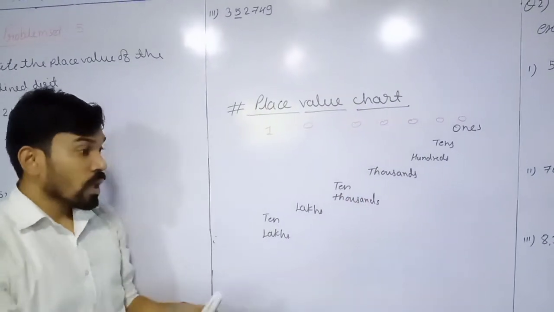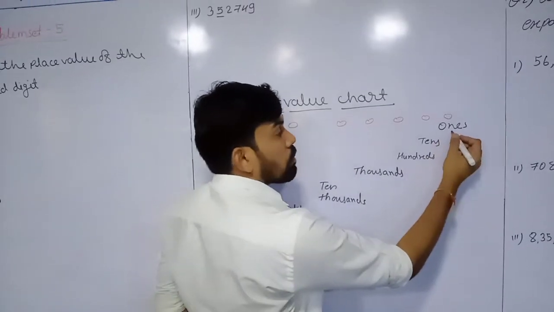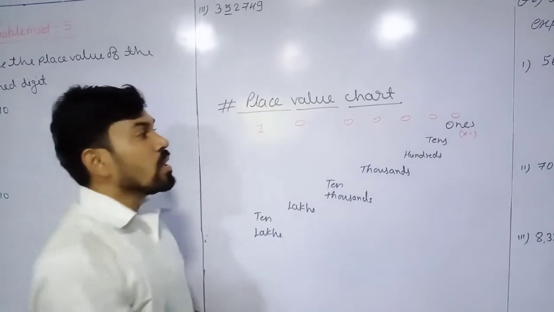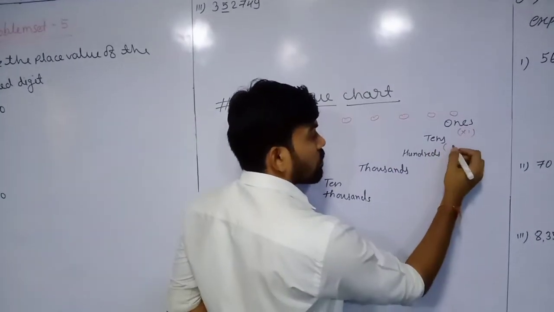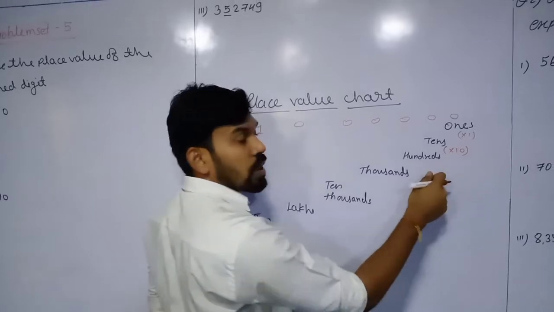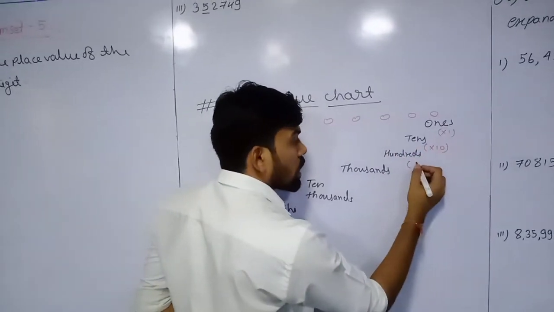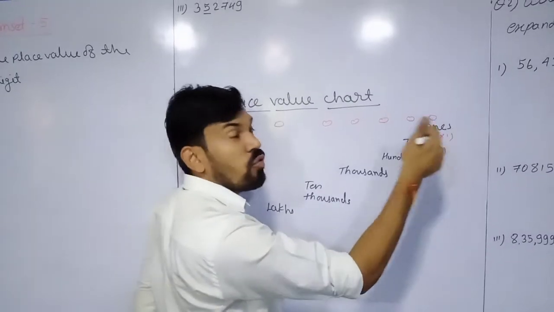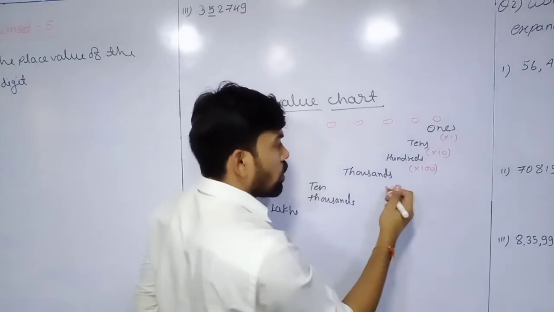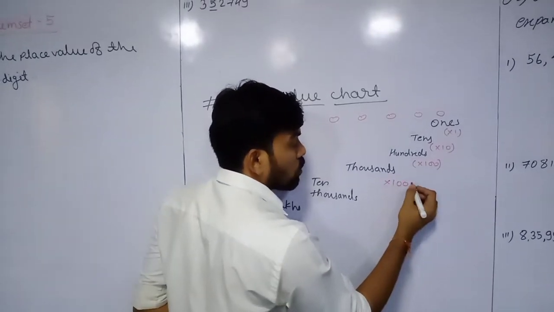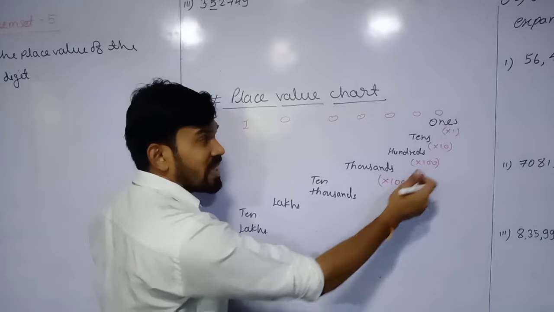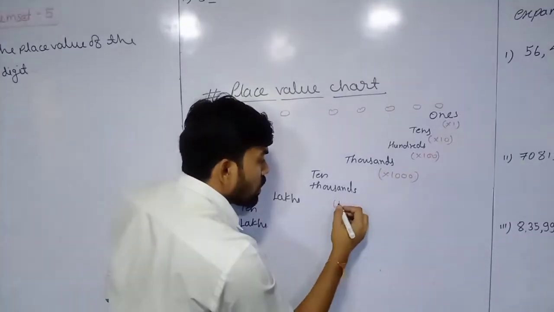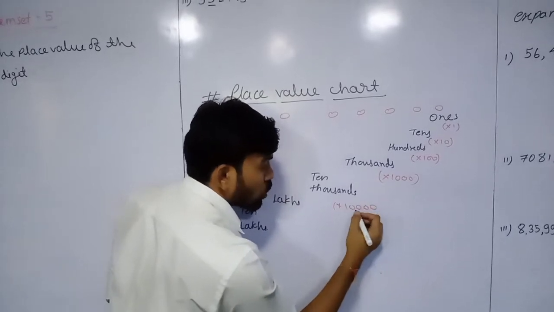Whenever we are talking about the ones, we have to multiply with 1. If we are talking about the tens, we have to multiply with 10. Whenever we are talking about the 100, we multiply with 100. Here we don't have any 0. Here we have 1 zero. In the next here we have 2 zeros. Whenever we are talking about 1000, we multiply with 1000. 3 zeros means you can see zero is increasing at every place. Here multiply with 4 zeros means 10,000.